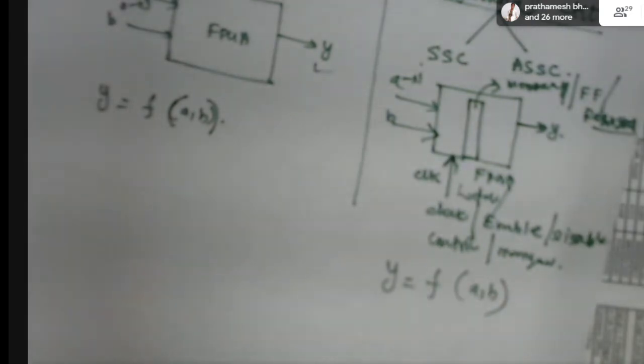Clock in the sense it is real time. Enable in the sense it is real time. It is a matter of time, right? At an instant you apply the clock, at an instant you enable, at an instant you disable. So it is a matter of real time. This input is not involved in the logical operation, but it has control over your entire operation. That is what we call sequential circuits. Since sequential circuits work in real time, there are different possibilities of operation. Suppose this is the clock.